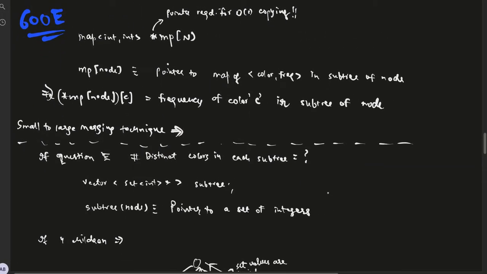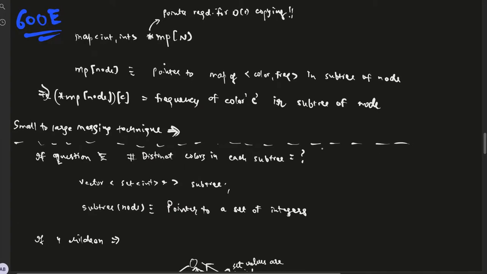Now, first of all, the structure we will maintain is a map of int comma int star, mp[n]. One thing we need to remember while dealing with DSU on trees is that we always use pointers, because the whole idea of DSU on trees is to be able to use the small to large merging technique, and for that we need pointers. If we don't use pointers, then we'll end up with order of n copies. What I mean to say by this is,